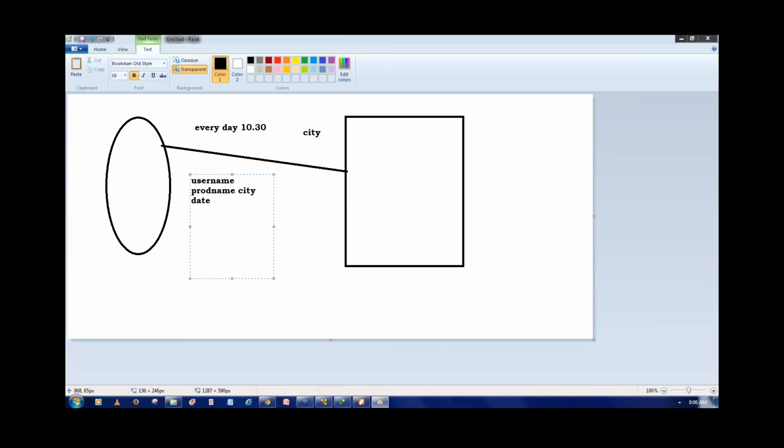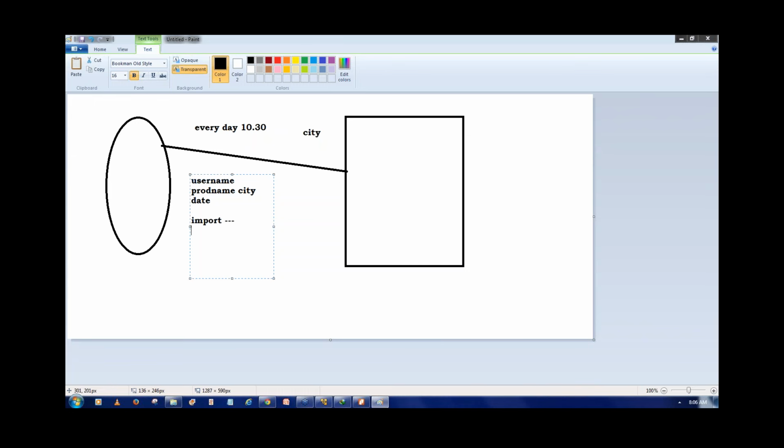Sorry, Ajay. Okay, see what you're doing. This is considered RDBMS. So every day you're importing the data at 10:30, right? So the data is imported from your RDBMS to HDFS. But here the thing is, when you're importing the data, if we import all the data at once, it is sometimes difficult for you to organize the data. So what I'm going to do here is, when I'm importing the data,